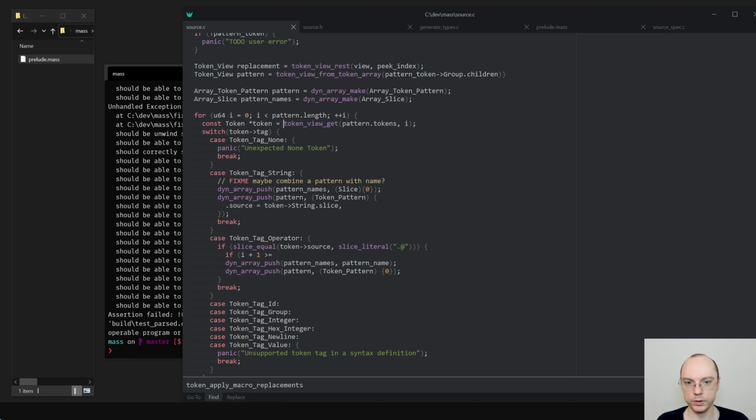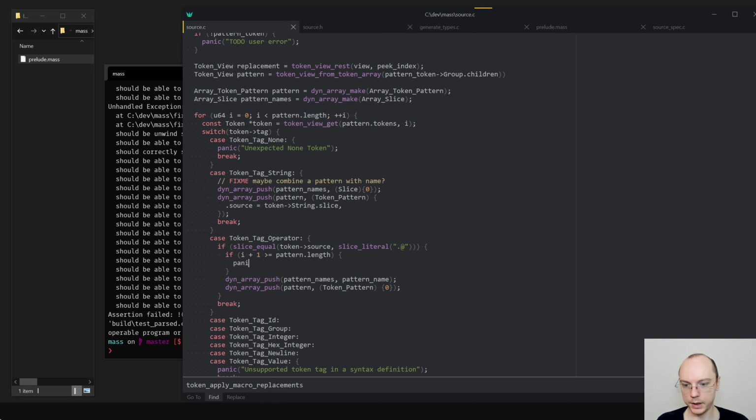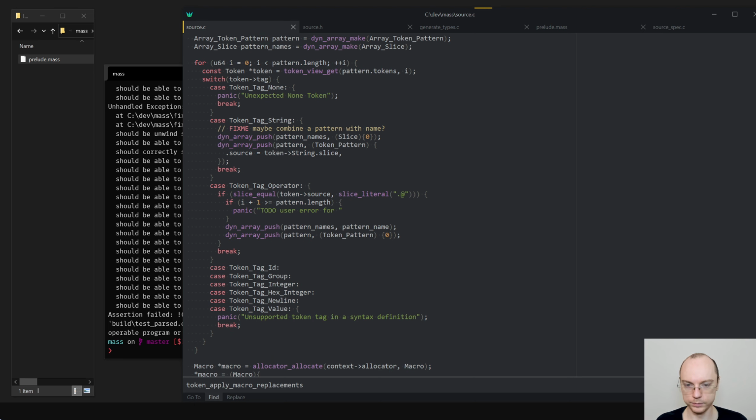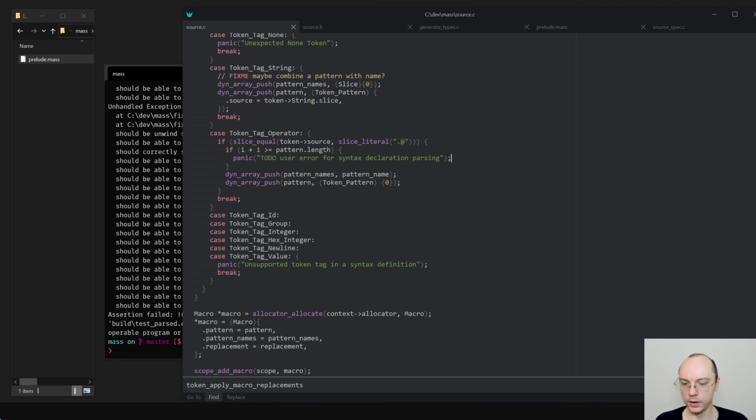But anyhow, token view get patterns I, and here what I want to say is more than equals pattern length, panic to do user error for syntax declaration parsing.